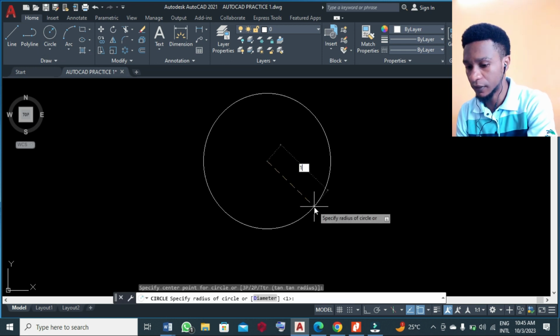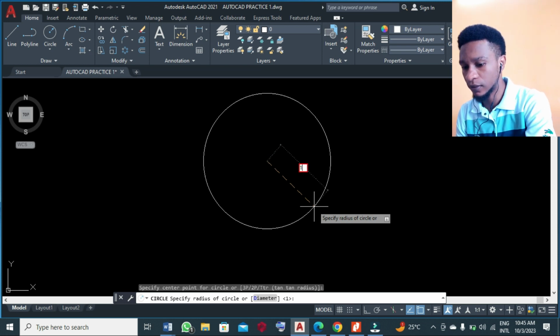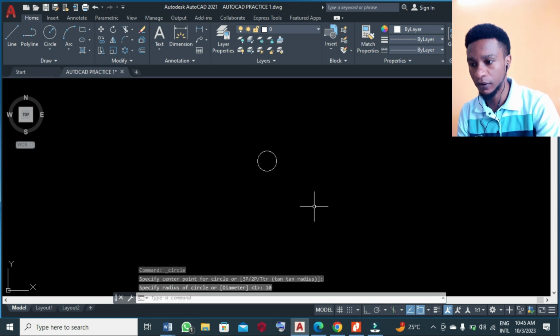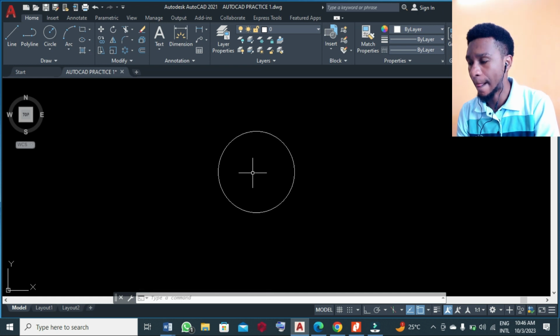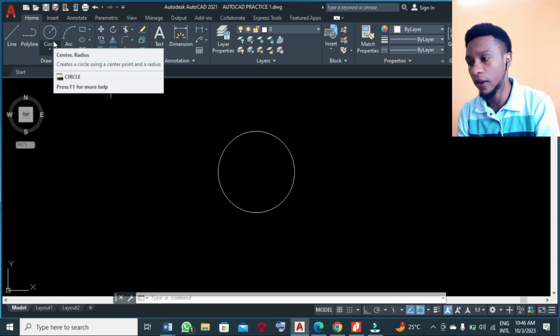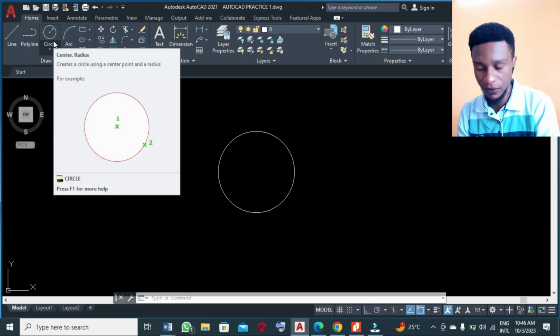Circle of radius 10. So you can type R10. That is, R stands for radius. That is a circle of radius 10. You can zoom to see it clearly. I can make another. Okay, so the next thing I'm going to do now is to make another